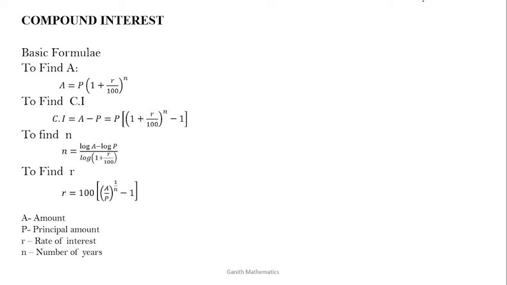For example, my principal amount P is 1000, and the rate of interest R is 10% per annum, and I am depositing it for 10 years. It is very easy to find the simple interest. The simple interest will be principal amount into the rate of interest into the number of years divided by 100. So it would be 1000 rupees. So the amount after the end of 10 years, I'll get 2000.